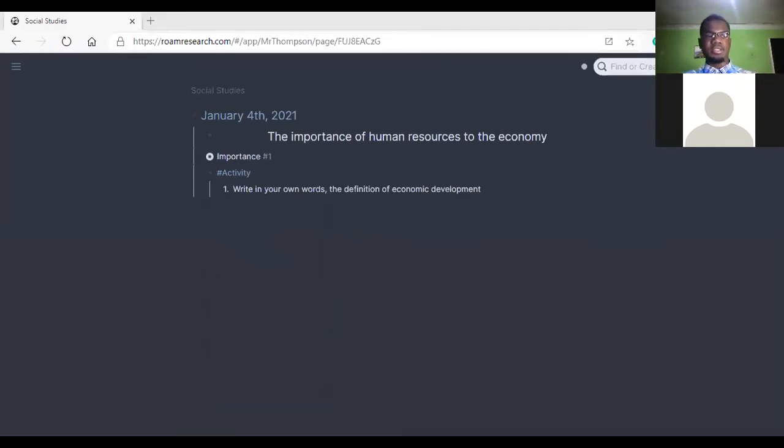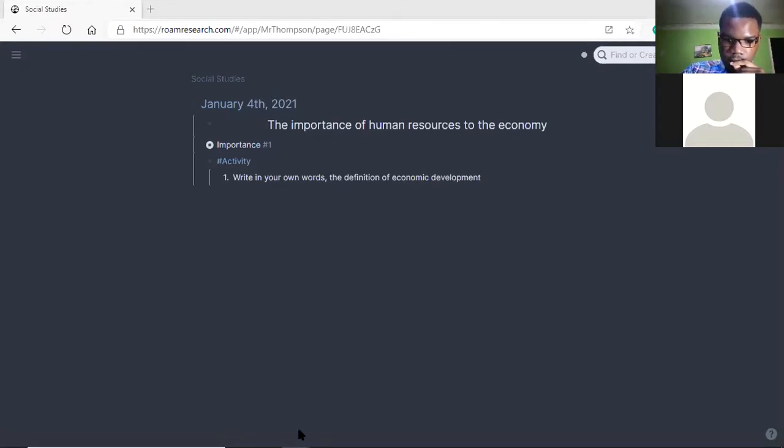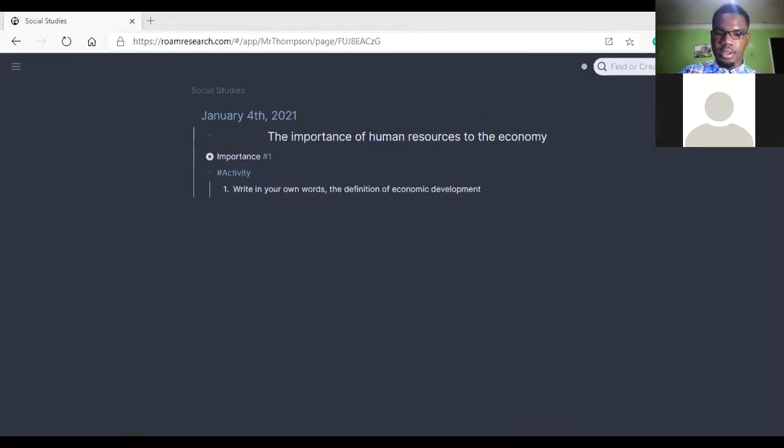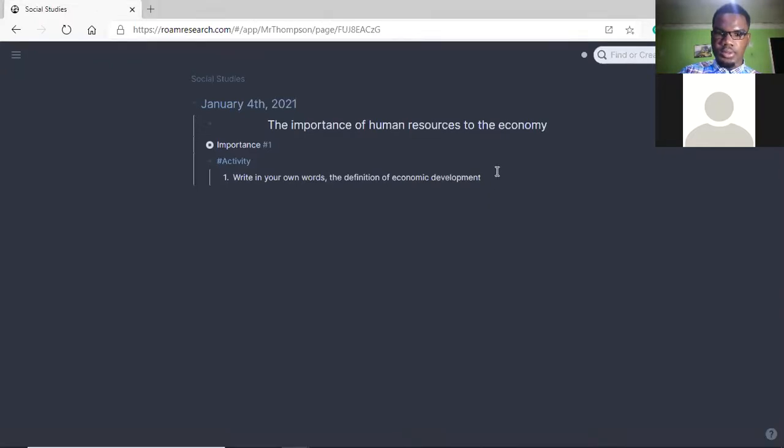Because remember, after every class I try to give you some vocabulary terms to make sure you know. Like in unit one, I always give you, for example, bullying and mediation, whenever you looked at solving conflict. Those are the vocabulary terms I always try to push out. So in this one now, when you hear economy, economic development should come into play. So you're going to write the definition of that word for me. And this question is one that you should answer as well.